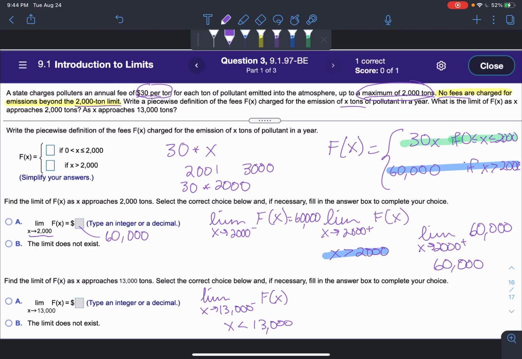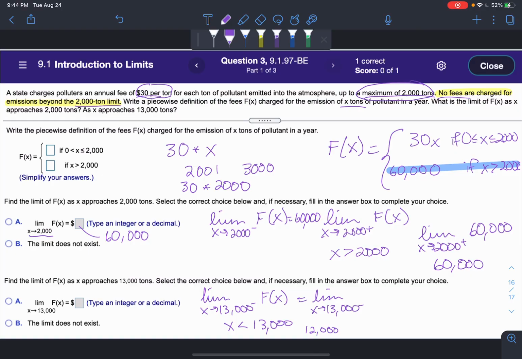So maybe 12,000 between those. So we would use this part of the function. So we would find the limit as x goes to 13,000 from the left